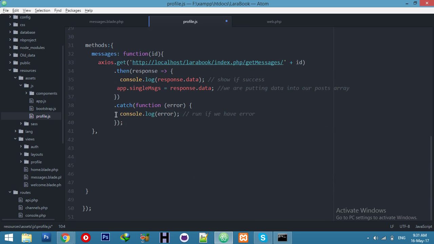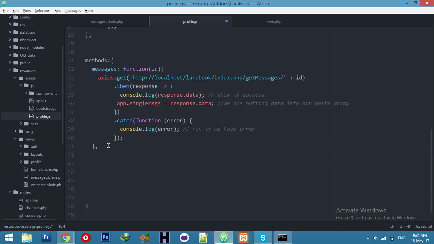Here you will first create a new input handler, your function name, e. If e.key, key code,